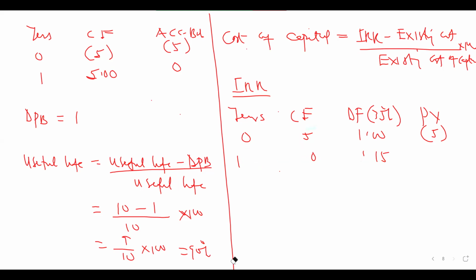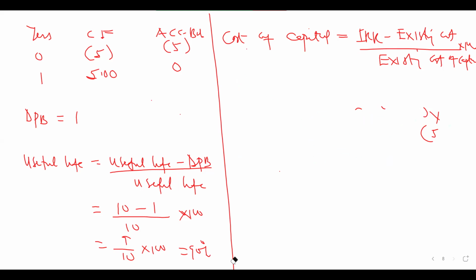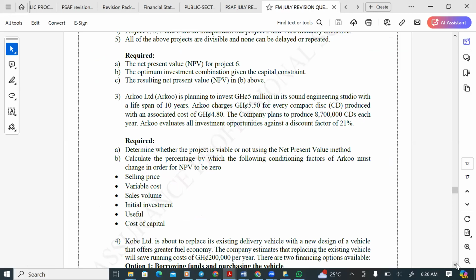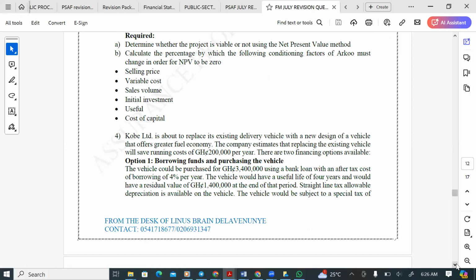But that is not applicable for this question. The cost of capital as a factor is not added, and the useful life is not part either. I just added those ones to show how you can calculate them, so we can reduce our cost of capital. They are not part. I just added this one to demonstrate how we do those ones.